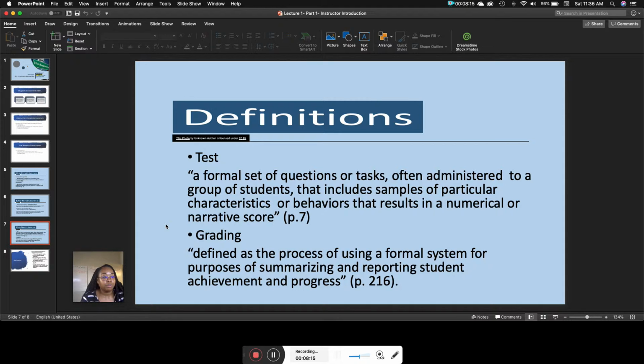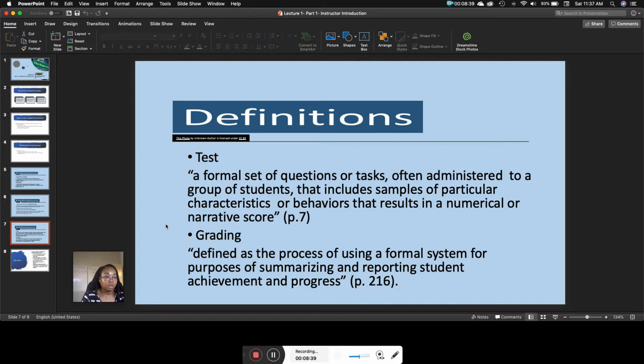And then grading, defined as the process of using a formal system for purposes of summarizing and reporting student achievement and progress. So all in all, these to me define where we are as an education system in America, as far as what we see as grading and assessments.